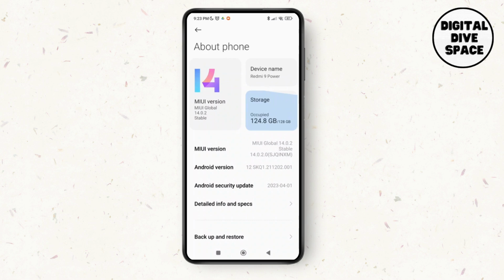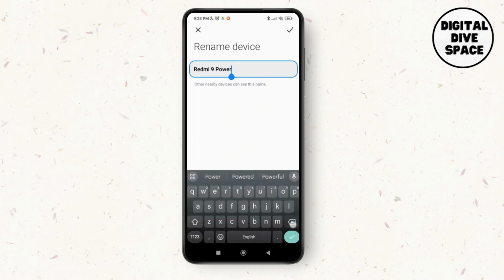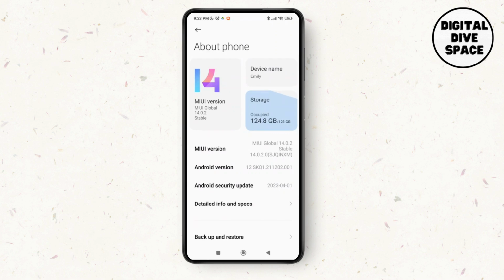Tap on device name, and here you can see right now it's written as Redmi 9 Power, but if you want to change it, you can just delete this one and enter any other name, for example Emily, and then tap on the tick mark, and there you go, your device name has been